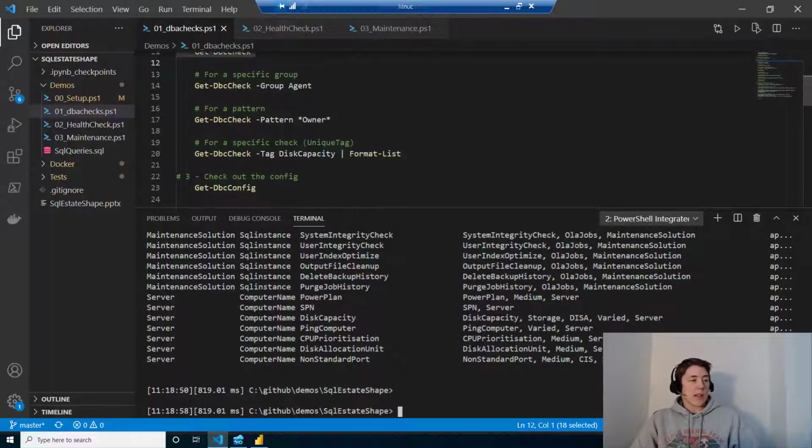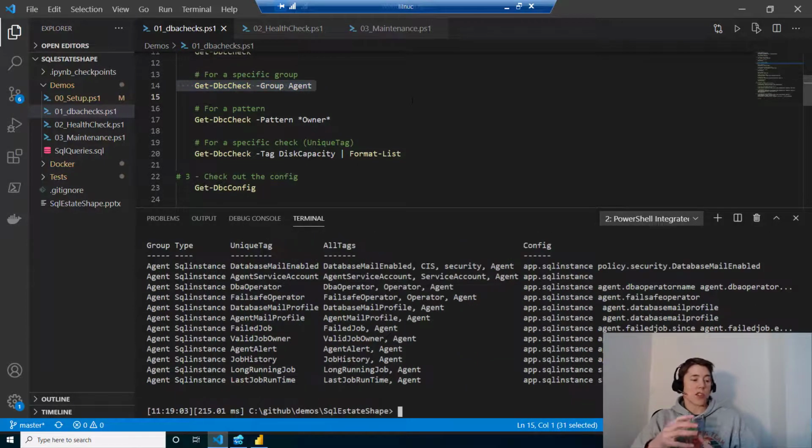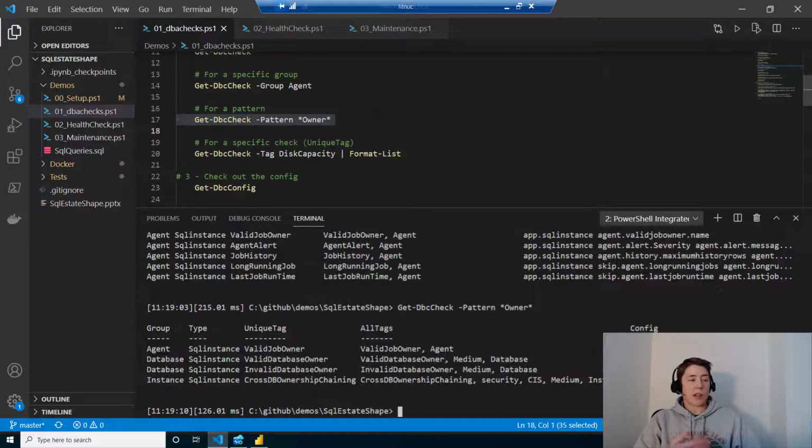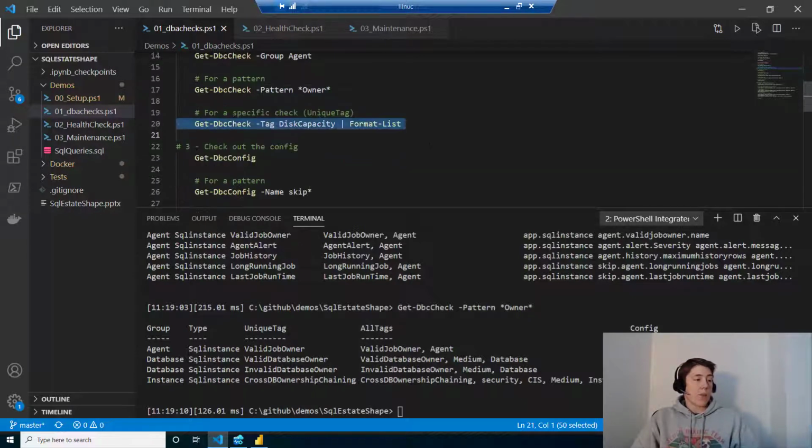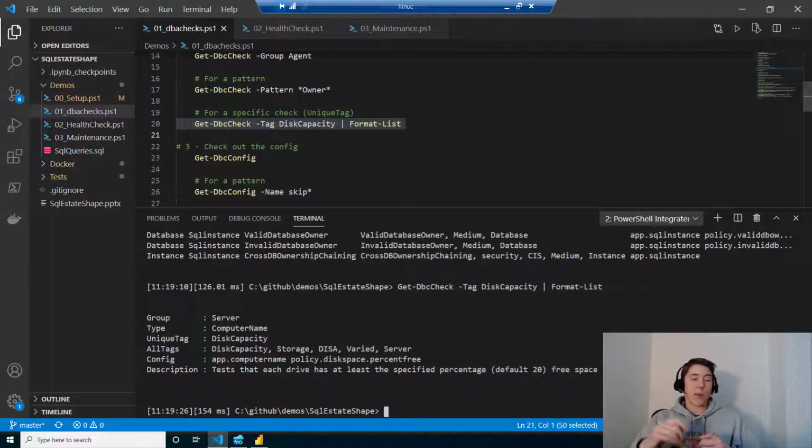We can also pass in parameters. So Get-DbcCheck -Group Agent will just give us the checks that are relevant to the SQL Server Agent. We can also use a pattern if we wanted to find checks that related to owners, perhaps database owners or job owners. And there are also tags. So tags are used within DBHX to get real specific. Each check has its own unique tag. So for example, disk capacity, I'm only going to get one tag back, and I've formatted this as a list